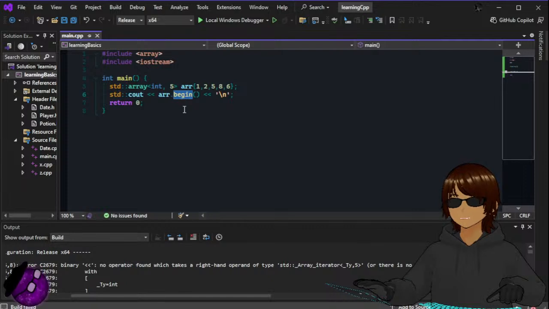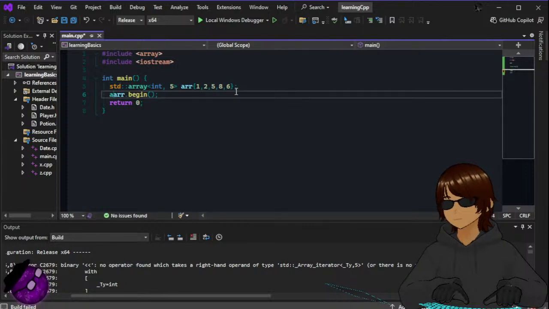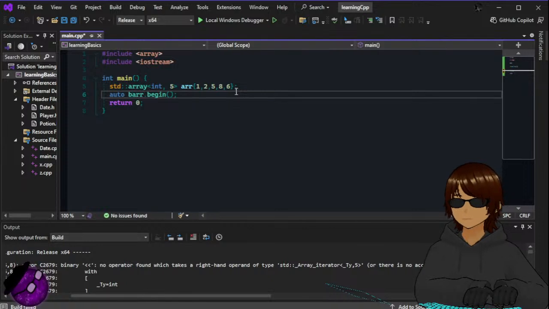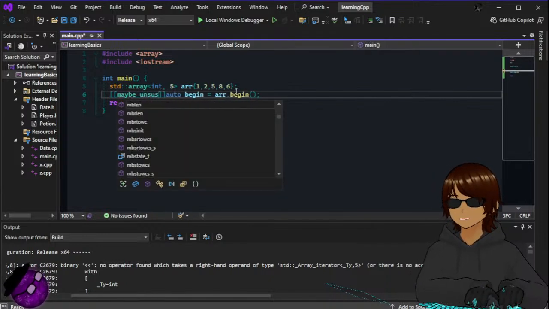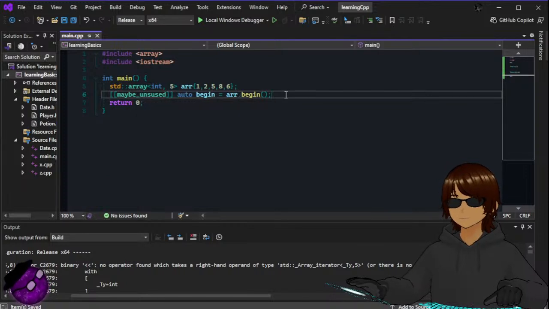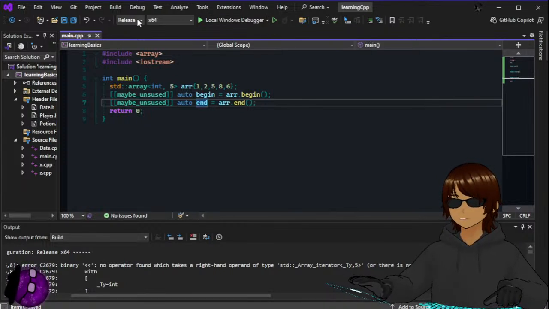I want to print the memory. Hold on. If I do this, auto begin, and maybe unused, end, and then end here. If I do debug,